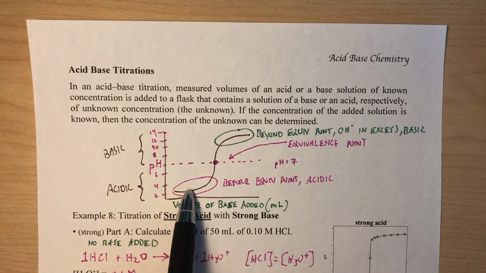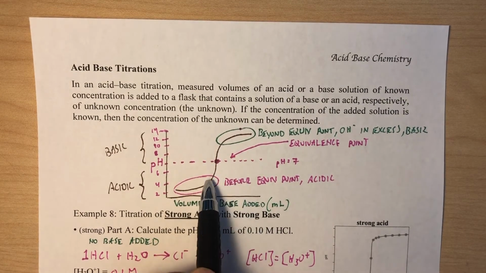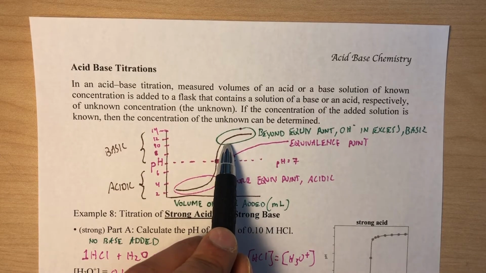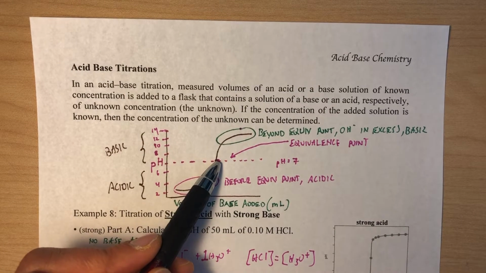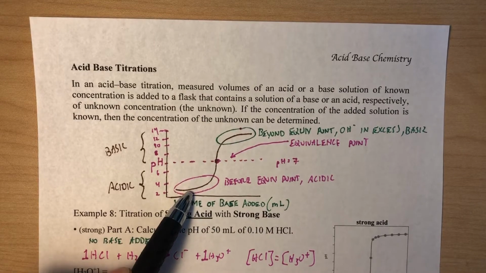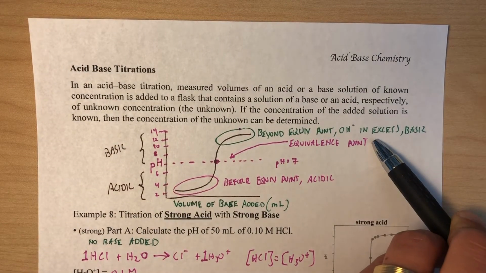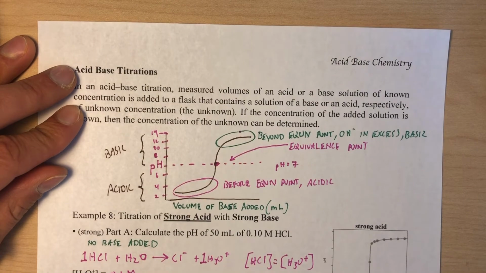our pH slowly changes, and then suddenly and abruptly, it flips. We go through a pH of 7, which is neutral, and then we end up with a high pH, which is basic. The point at which it inflects is called the equivalence point. Before the equivalence point, we have an acidic environment, and beyond the equivalence point, we have hydroxide in excess, so this would be basic. So let's look at an example of a titration of a strong acid with a strong